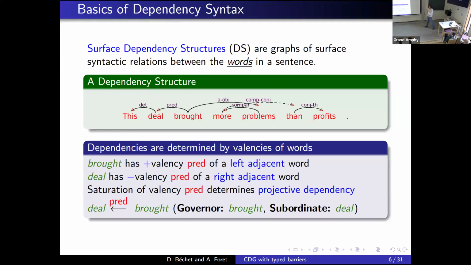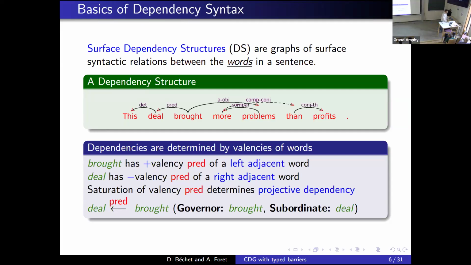We model the dependency between two words using a positive valency on the governor and a negative valency on the subordinate. For instance, the dependency between "broad" and "here" corresponds to a positive valency associated to "broad" and a negative valency associated to "here." When we have all those valencies, we create a projective dependency when we saturate the valencies of each word.